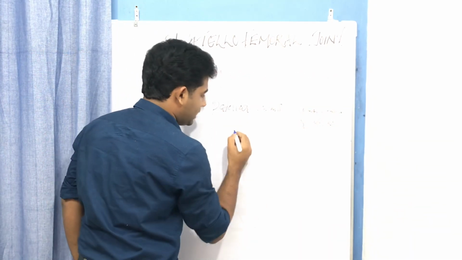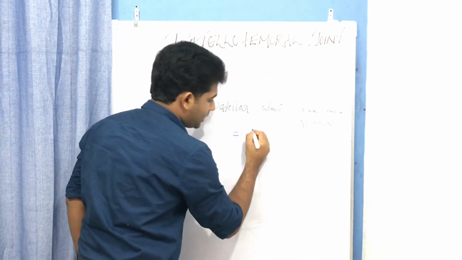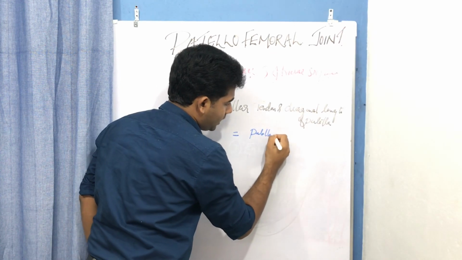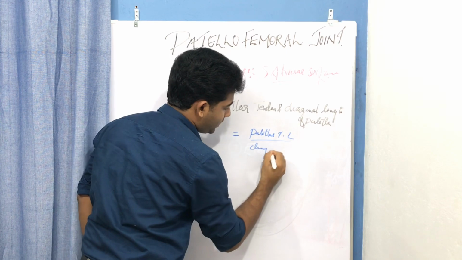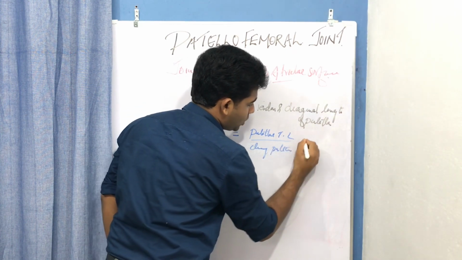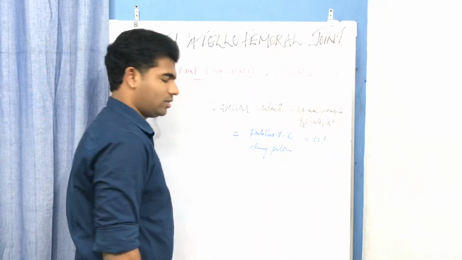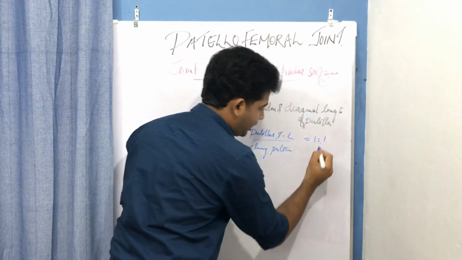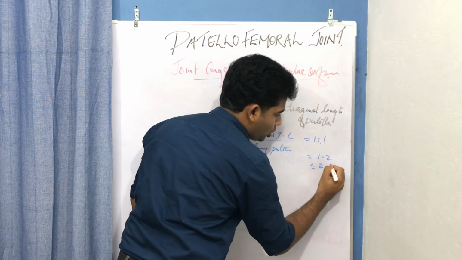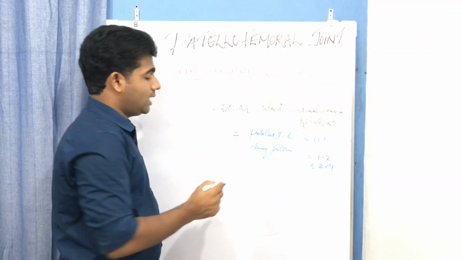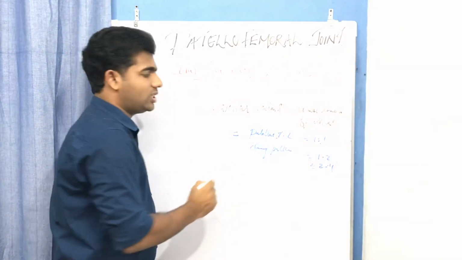That is, ordinarily, the ratio between the patellar tendon length and the diagonal length of the patella is 1:1. When this ratio changes, when it becomes 1:2 or 2:1, this shows that the patellar position has changed